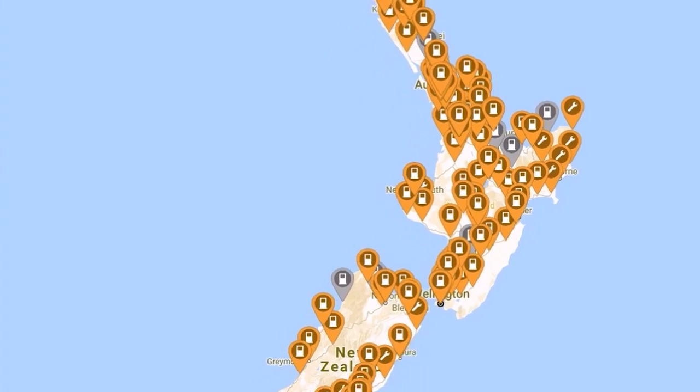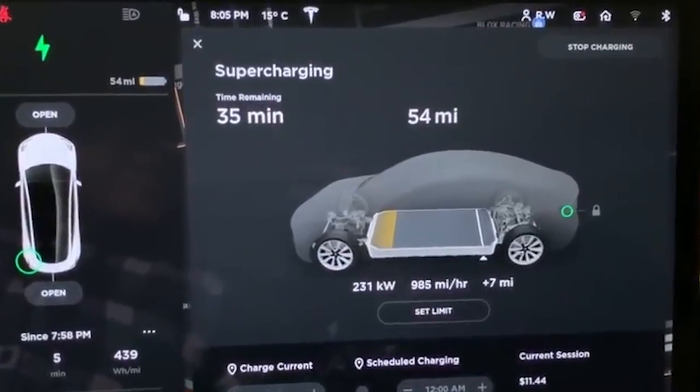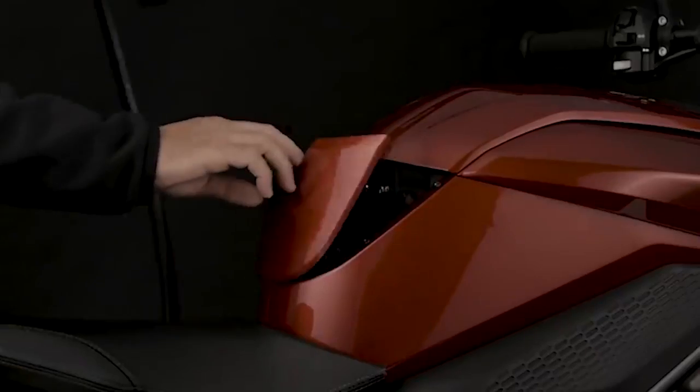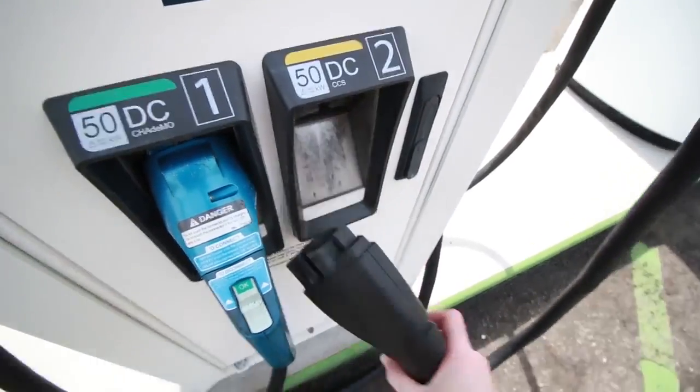So in a totally selfish way, I really want DC charging because in New Zealand, the DC infrastructure is king. ChargeNet is everywhere, and from what I've heard, DC is everywhere in Europe. Really, moving forward, the faster we can charge, the better. So putting only a J port on the bike and no DC just doesn't make sense to me, especially when